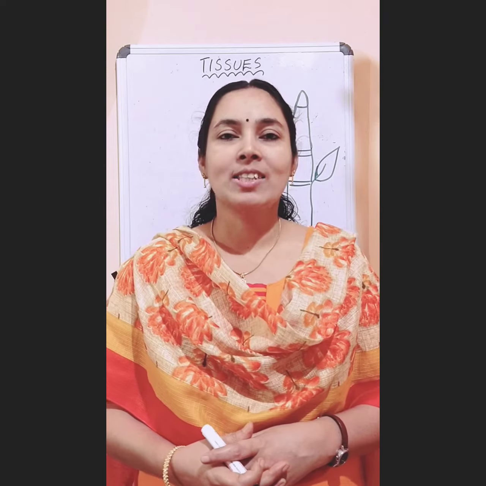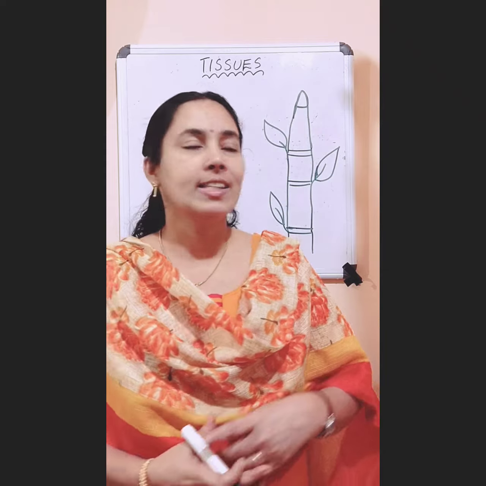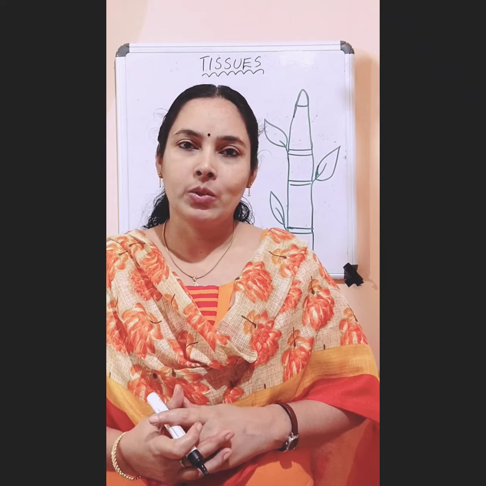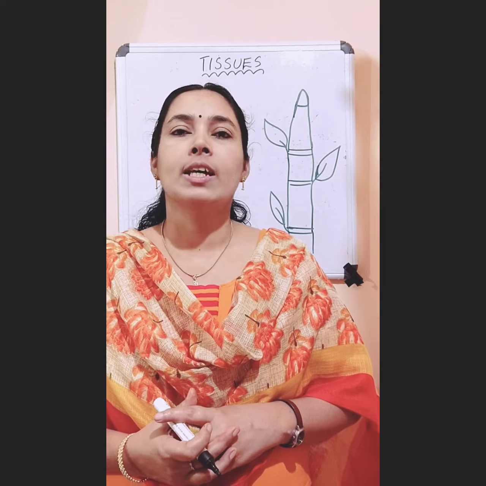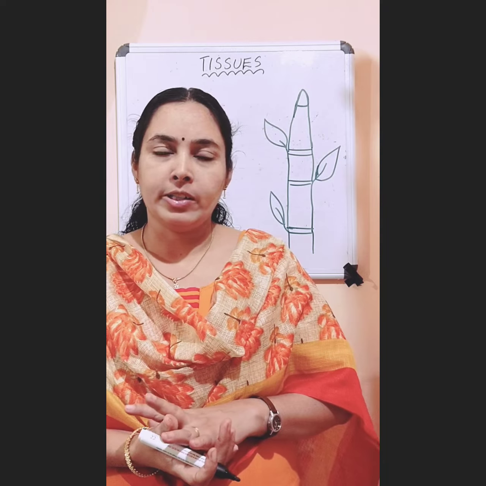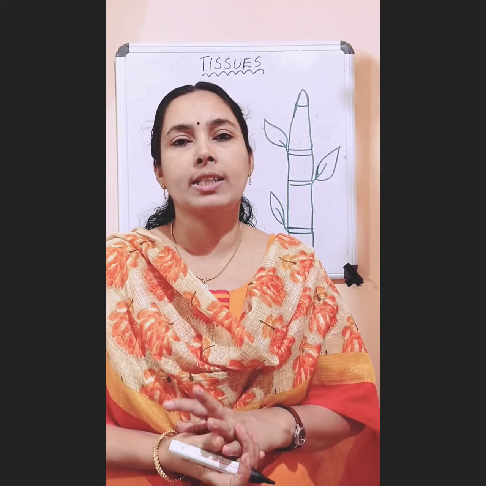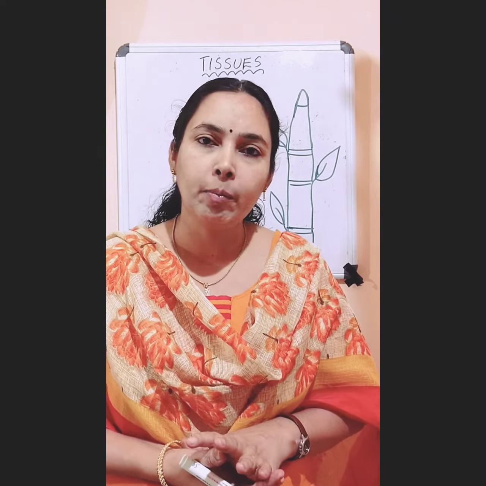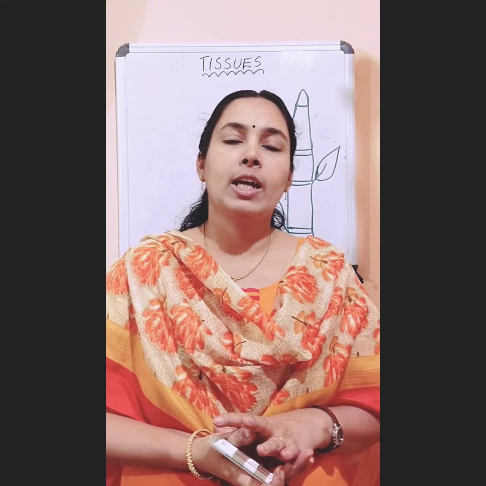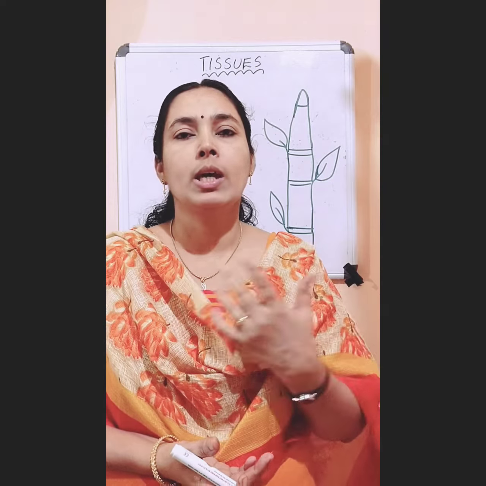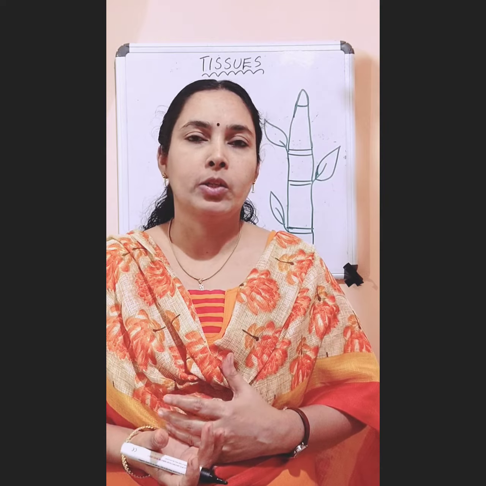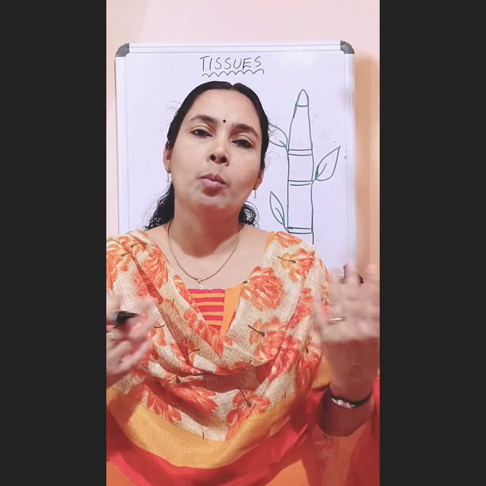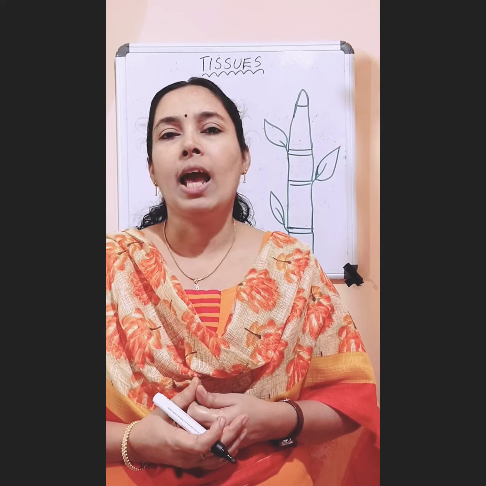So, in the last class, we have started our second lesson, that is tissues. So, what are tissues? Tissues are the group of cells that perform the same function and they have the same structure. They are the group of similar cells that perform the same function. And we study that in plants there are some plant tissues and in animals there are animal tissues. So plant tissues and animal tissues are different because we know there are so many differences between plants and animals.